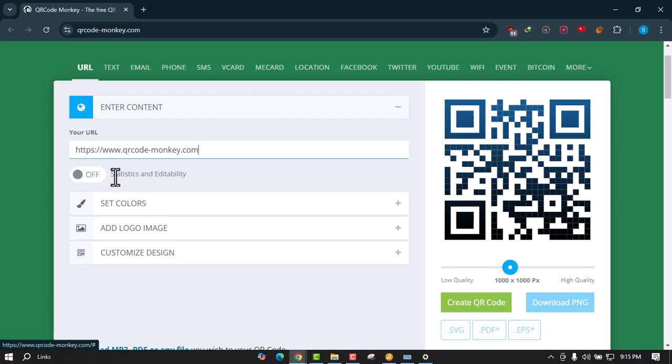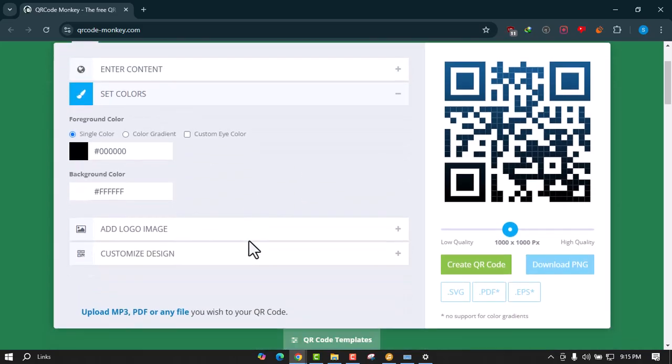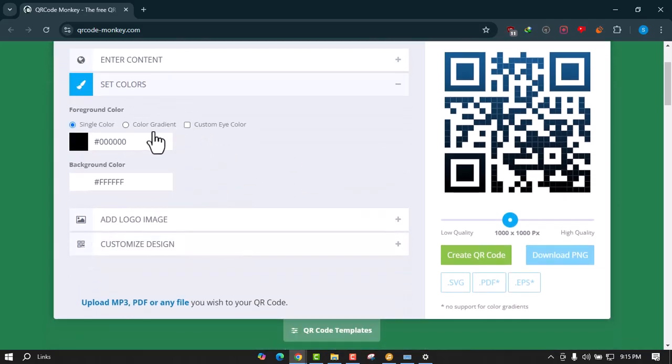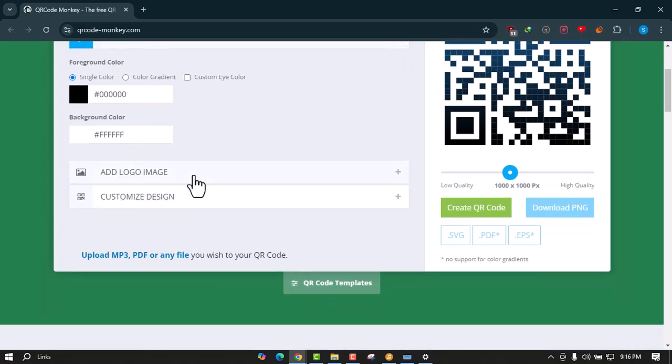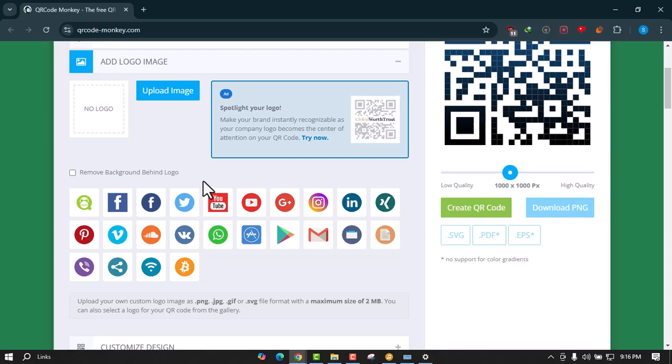you can also turn on the statistics and editability, and here you will find the colors setting option. You can just do a single color or use color gradient or customize color and choose a background color too. And from here you can also add a logo image. It can be